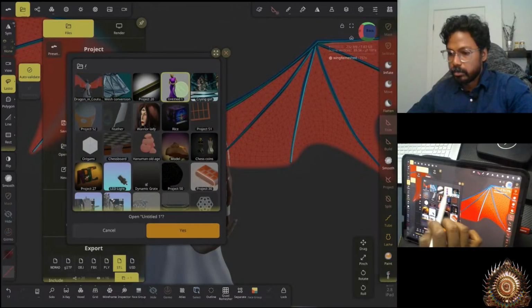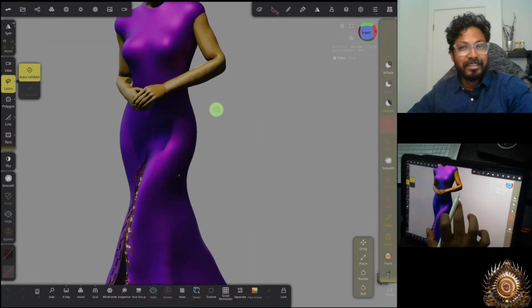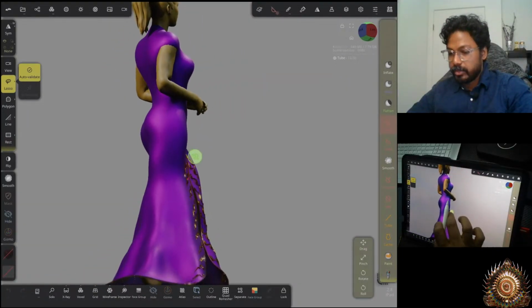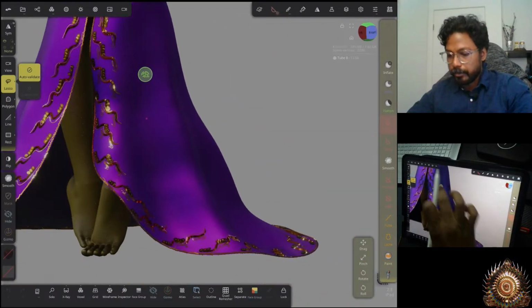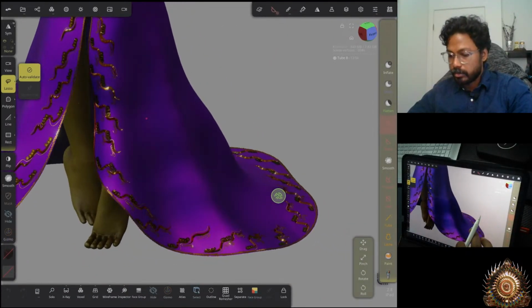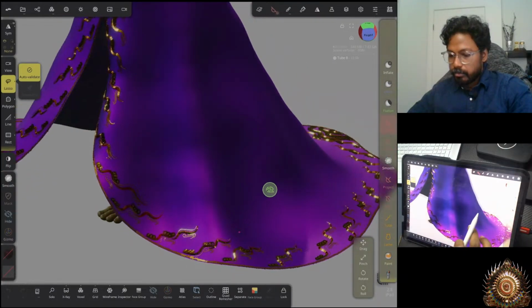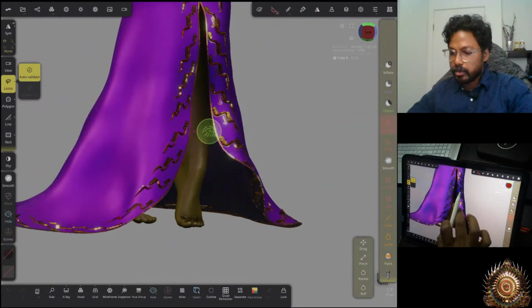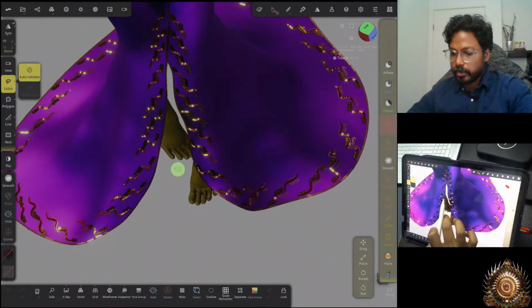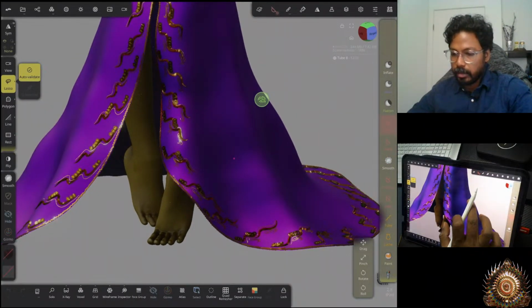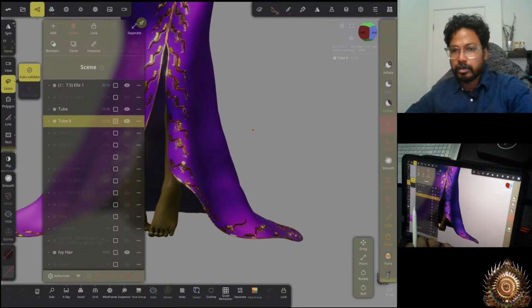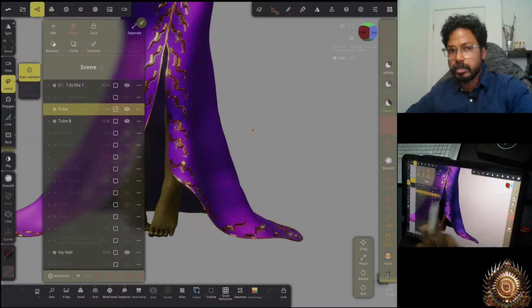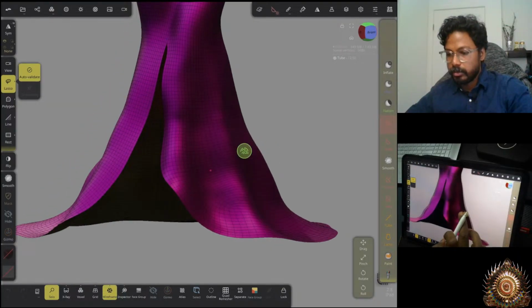Let's say I'm gonna save this. I'm gonna open the still unfinished character which I have here. I did try doing some sculpting using Feather 3D on the dress. It ended up coming like it is starting to come neat. I'm trying to make it as if golden leaves. But when I was thinking about this live stream, I was wondering what if I use the same technique for these fabrics. So in solo mode, there's a fabric here,